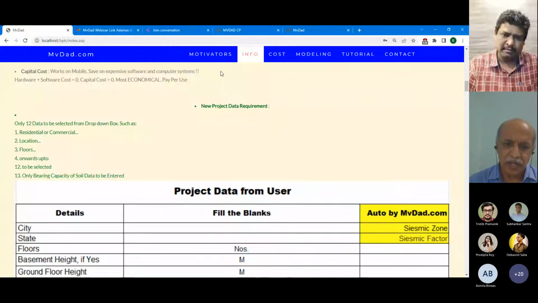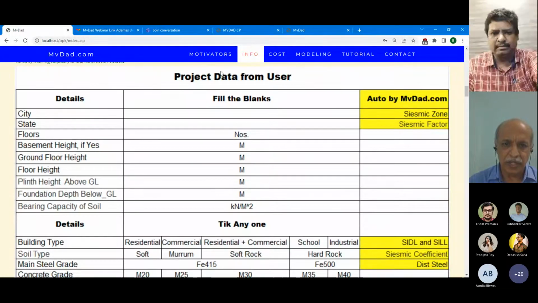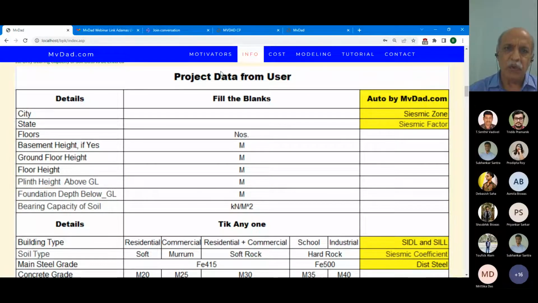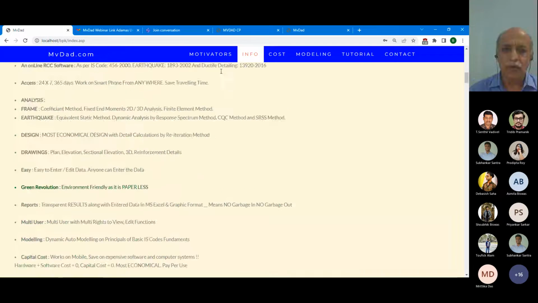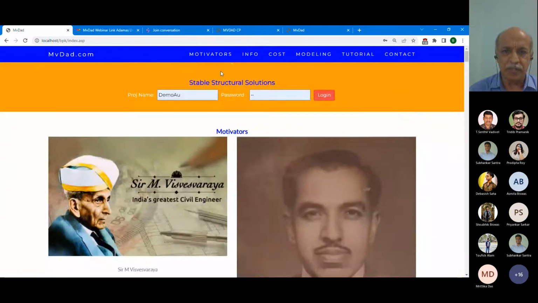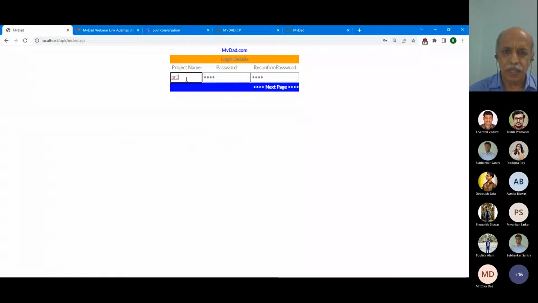We will discuss on that very shortly. Per project, we require minimum data. We will start the new project so that you can understand how it works. Just we are creating the new project as a